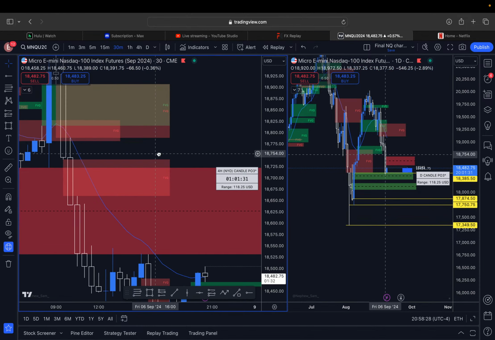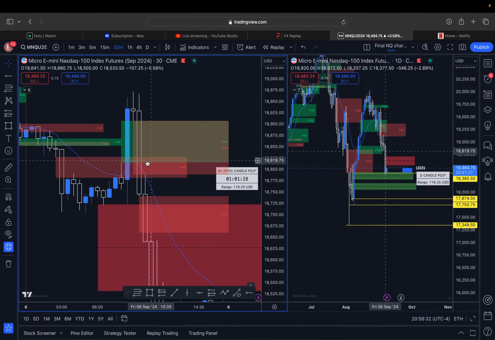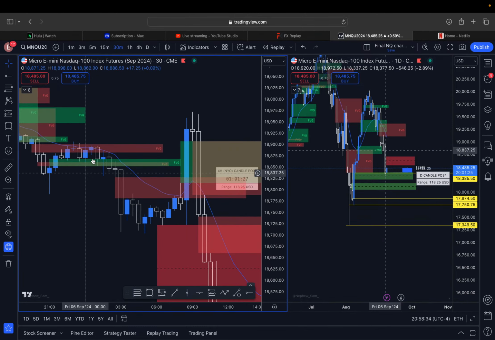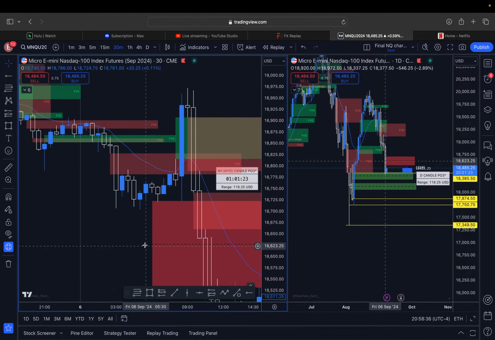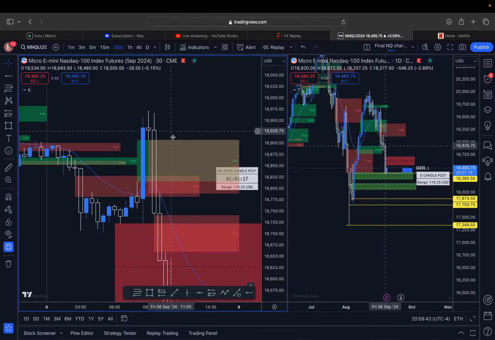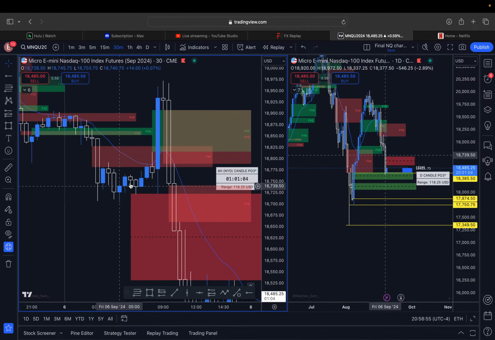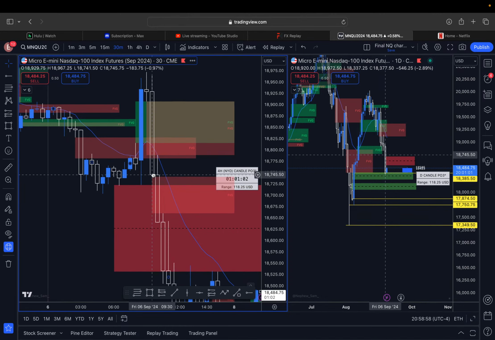I don't know if you can see this, but we have a lovely market maker sell. We have a power of 3. We have accumulation, manipulation, distribution. We have it coming up and tapping back into this 15-minute, 30-minute fair value gap. We have a good CRT. Every ICT strategy just lined up on Friday, and we all just got sells as soon as that candle closed because we waited for the candle close in case this candle wound up closing blue. So we waited, and then I got in as soon as